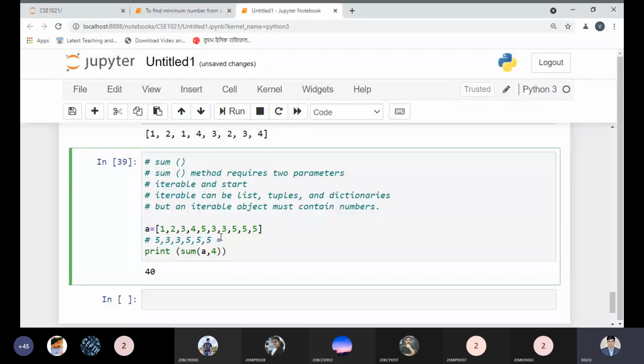5 plus 13, so that would be 20. 20 plus 26, that would be 26. And we are starting with something, so that would be counted here. So it will be added 4. So 26 plus 4 should be 30, but it is printing something else here. Let me execute once again.